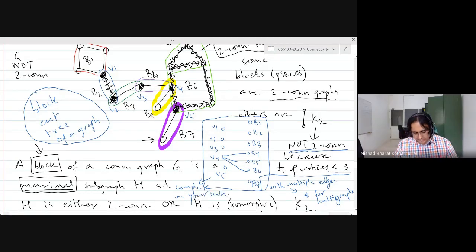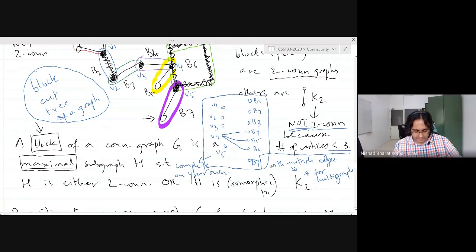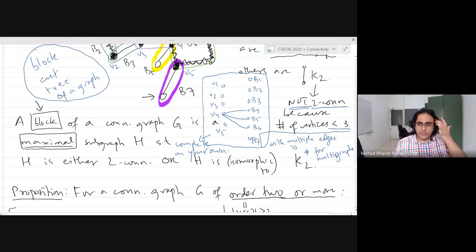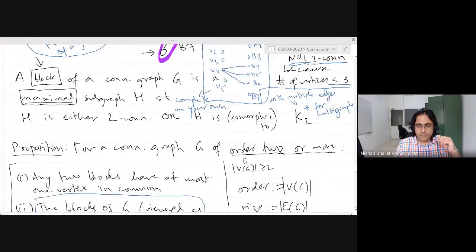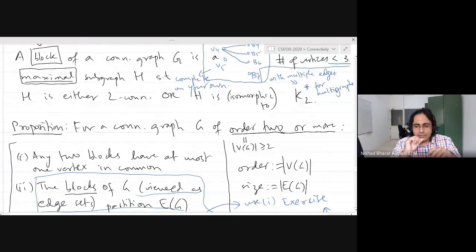And I will make this part available on the typed notes today itself. Okay, so we will continue from here next lecture tomorrow. And within 5-10 minutes, we should be done with connectivity. And then we will move on to module 2, planarity. If there are any questions, I'm here for another 10, 15, 20 minutes. So just stay back and we can discuss.